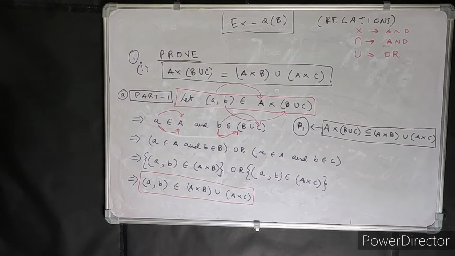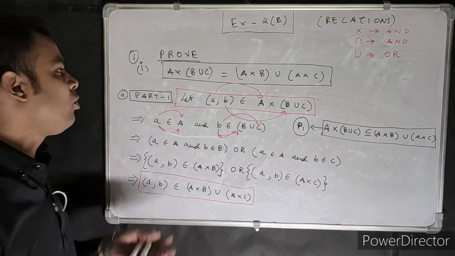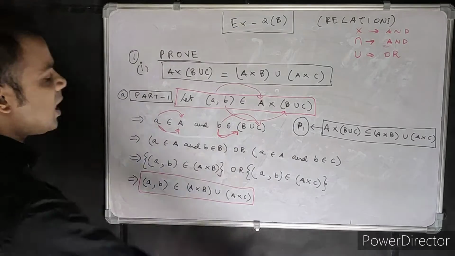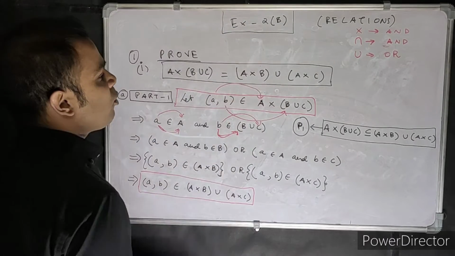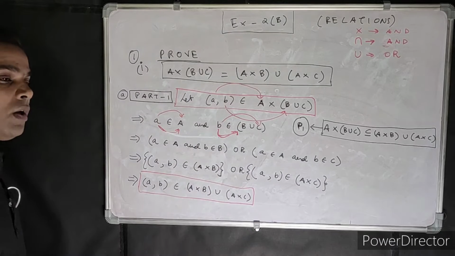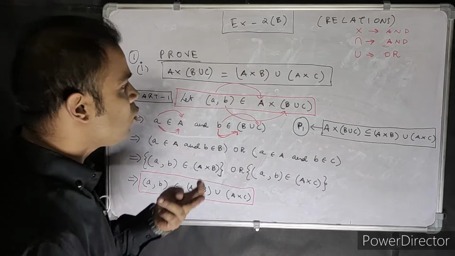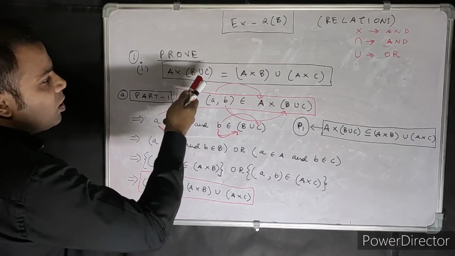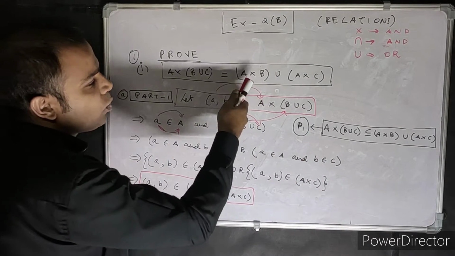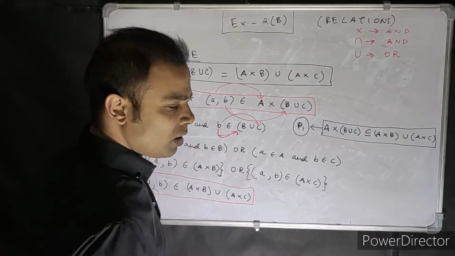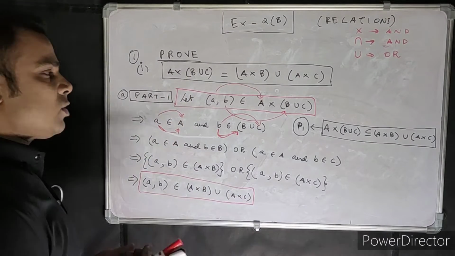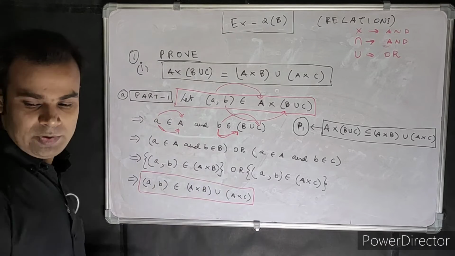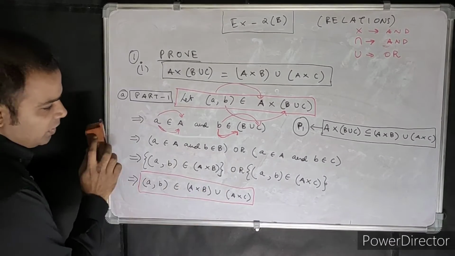Now what is my second part? My second part I have already proved from left hand side to the right hand side. My first part is done. Now I am going to start with my right hand side proving to the left hand side. Now depends on the marks. If you are given 2 marks, then this is enough. After this you can just write A cross B union C is equal to A cross B union A cross C. You can write that. No problem. But if it's got like 4 marks, 5 marks, something like that, then you have to do 2-way proving. Okay. You cannot do 1-way proving then.